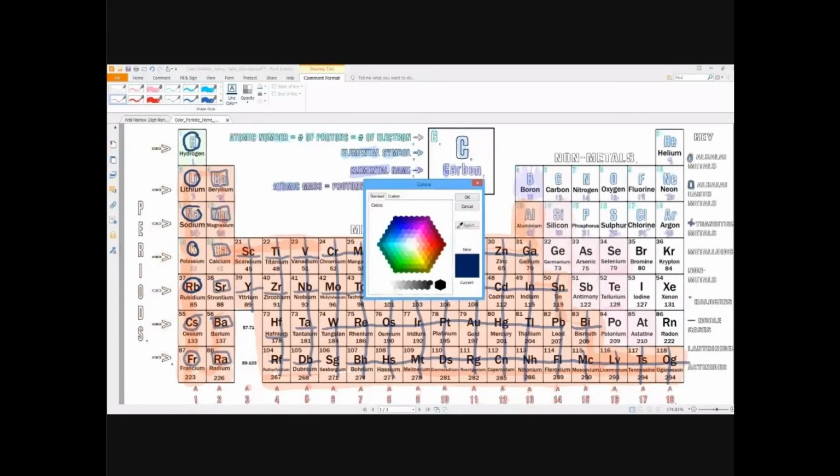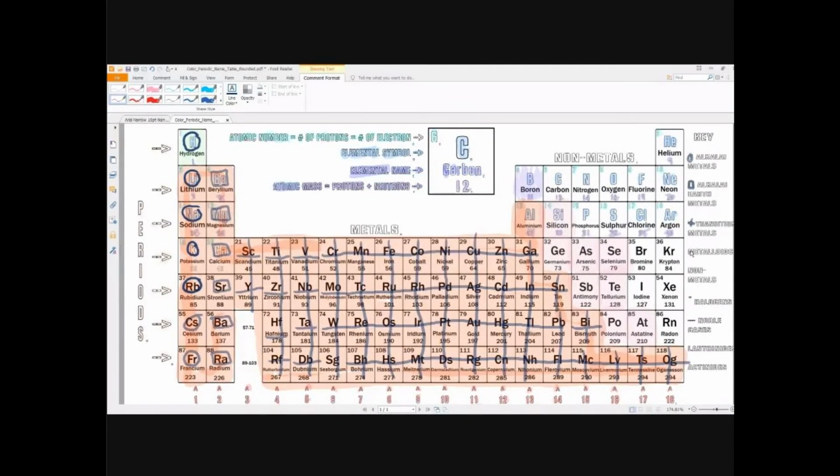I can find it. Something like this, I think it was. So the metal, was it? I have to double check. Sorry about that. Oh, it's a violet color. So the metalloids are going to be, click OK. Metalloids are going to be,